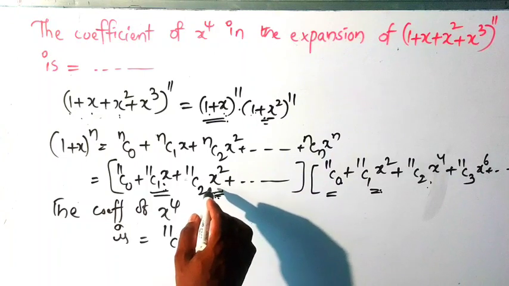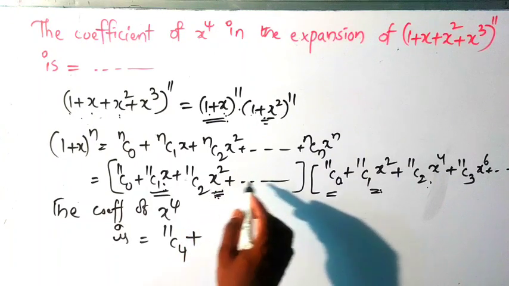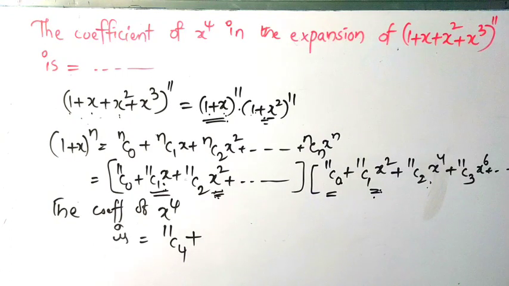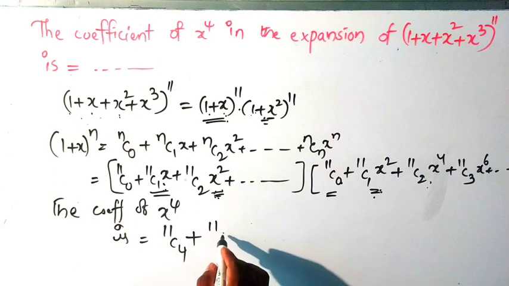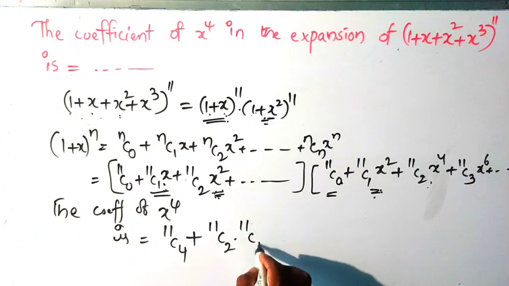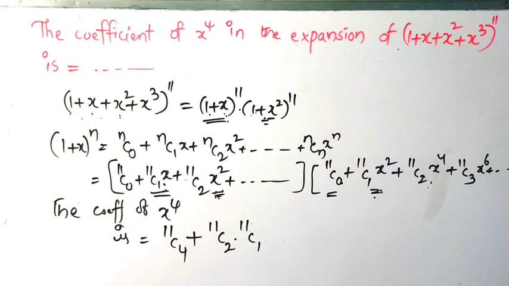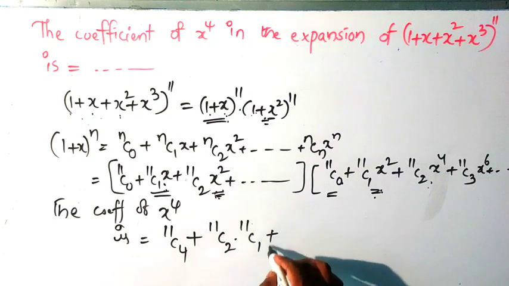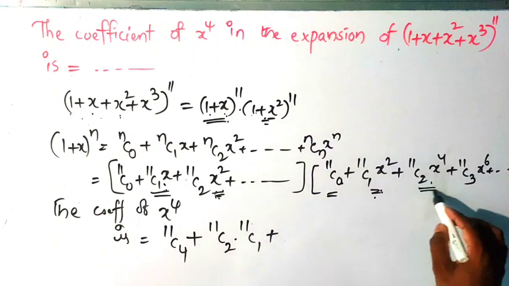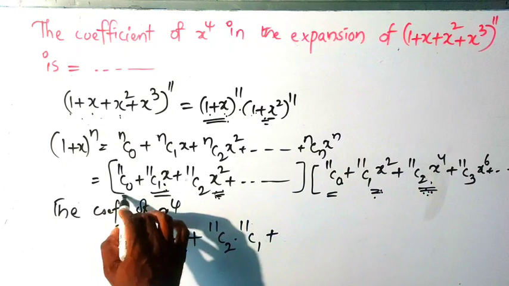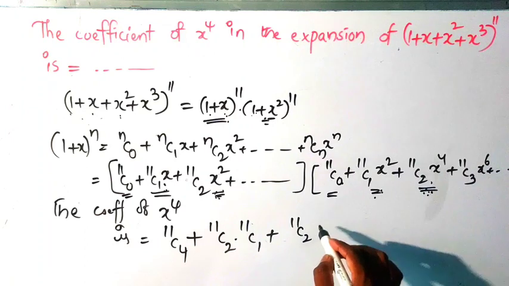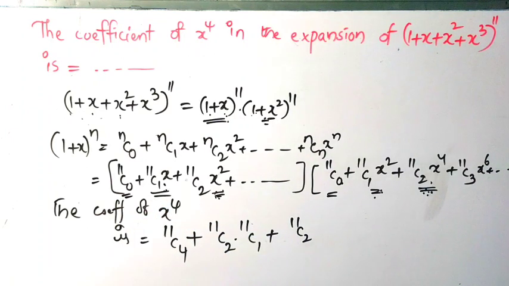11C2 x² is there. So 11C2 x² into 11C1 x², that will be 11C1 into 11C2 x power of 4 we get here. So that is an x power of 4 coefficient. So we get 11C2 into 11C1. Then, 11C2 x power of 4 is there, and this is multiplied by 11C0, which is nothing but 1. So again we get 11C2 into 1. So that is also an x power of 4 coefficient.